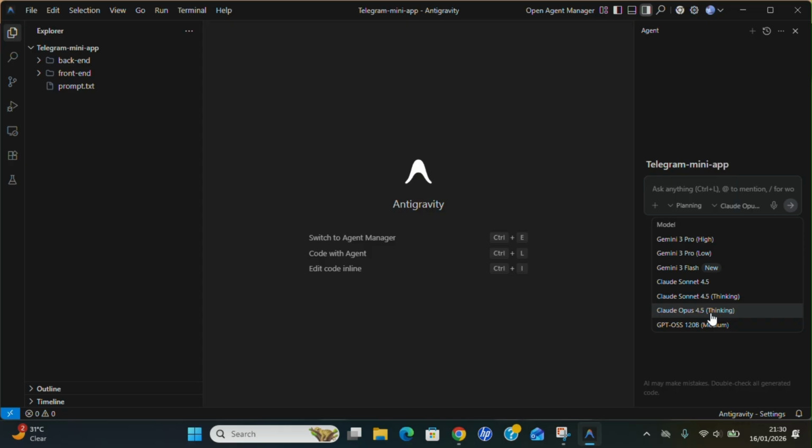So why am I picking this Claude? I've noticed that Claude knows how to listen to instructions and smartly make decisions. Even though Gemini 3 Pro gives you much more features and efficiency, this one understands instruction very well and structures the app according to how you will need it. So simply I am going to pick it and come right here and tell it to go and study my